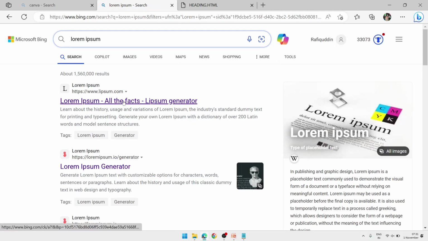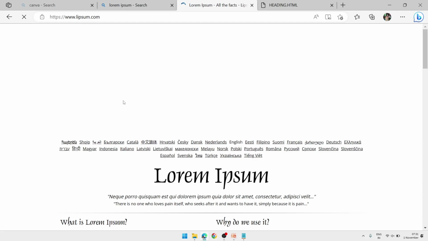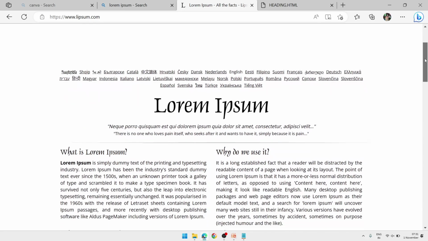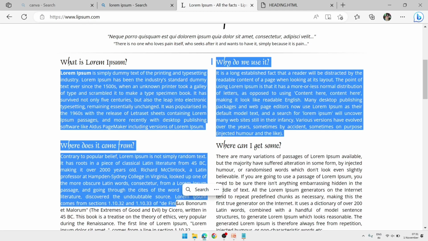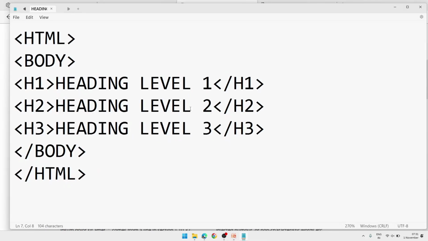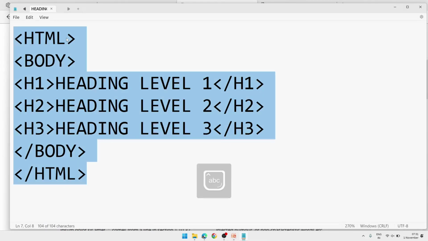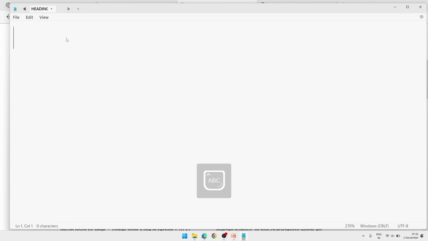Lorem ipsum is what programmers or developers use to just try their text. So let's try this only. I'm copying it. Now I'll go to the Notepad and we'll remove this code and write again HTML,